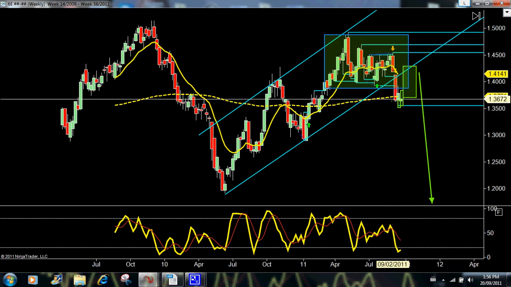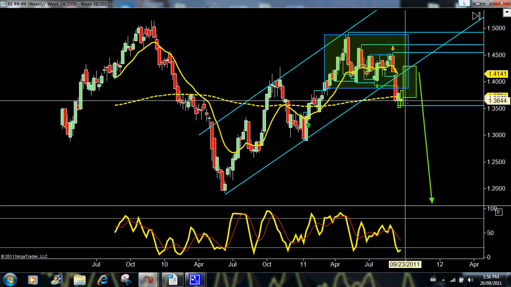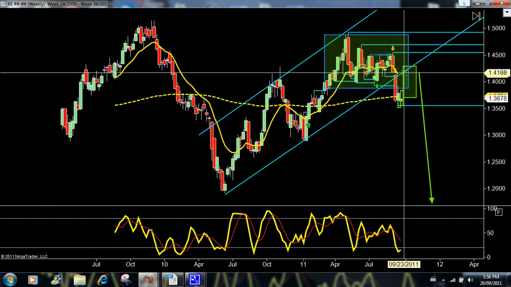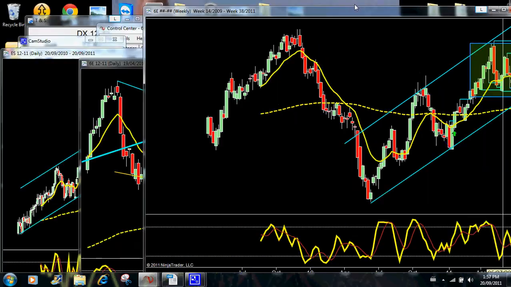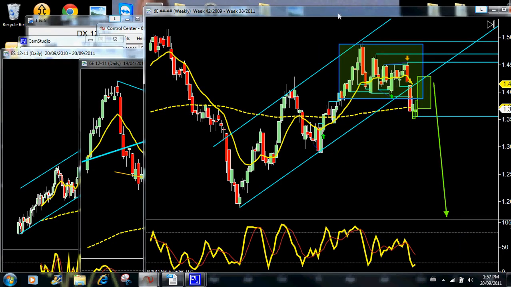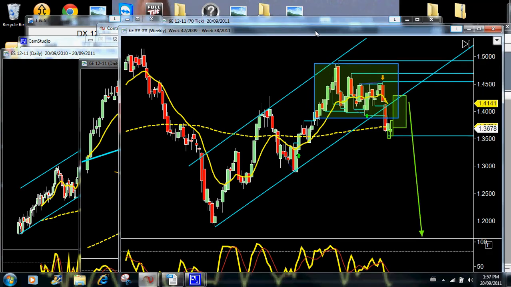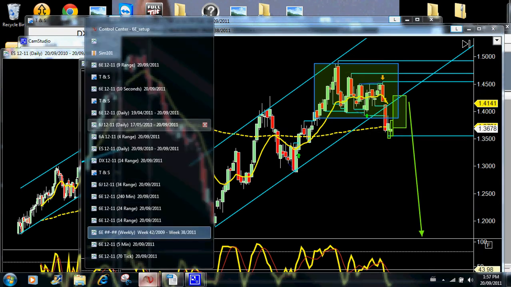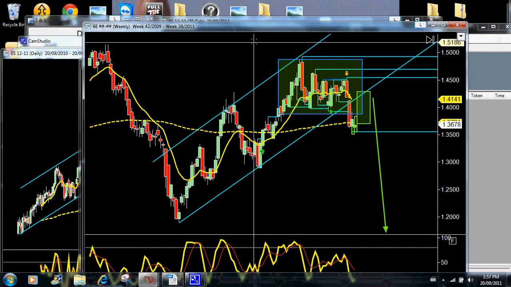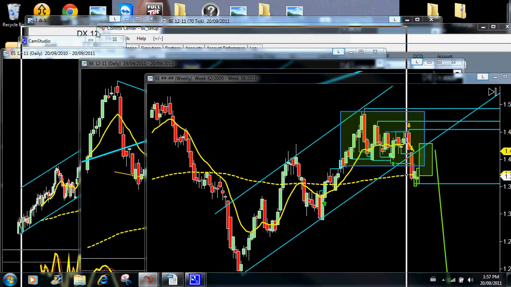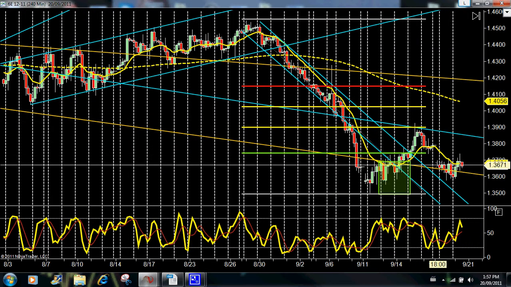And as we discussed last week, we figured we were going to get a little bit of consolidation at the bottom here before moving up to test this line here and then dropping down. My thought is that tomorrow, after the markets close, they're going to announce the US federal rate. That rate will stay the same. And let's see if we can pull out a 4-hour chart of the euro. Let's pull you out right here. 4-hour chart of the euro right here.